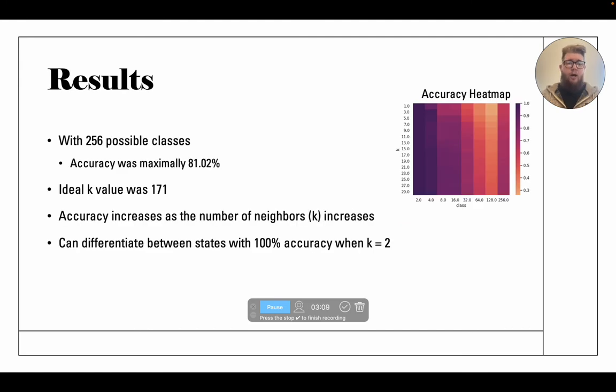So the results that we got, given each of the individual bit strings, we were able to cluster correctly 81.02% of the time. Now, that's a pretty good accuracy, but big picture, that means that out of the 256 possible classes, we are classifying them correctly about 80% of the time. That's pretty good. Now, to take it a little bit further, we could differentiate between the two individual states 100%